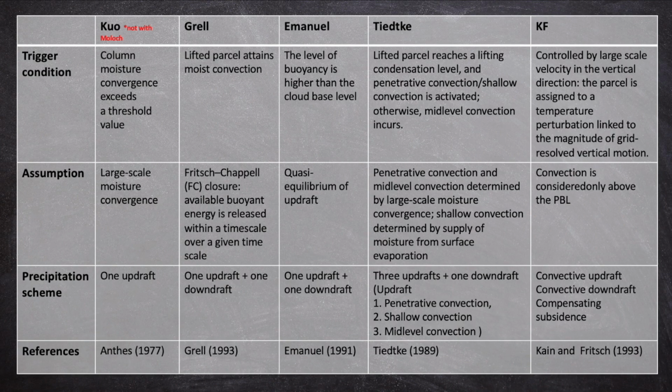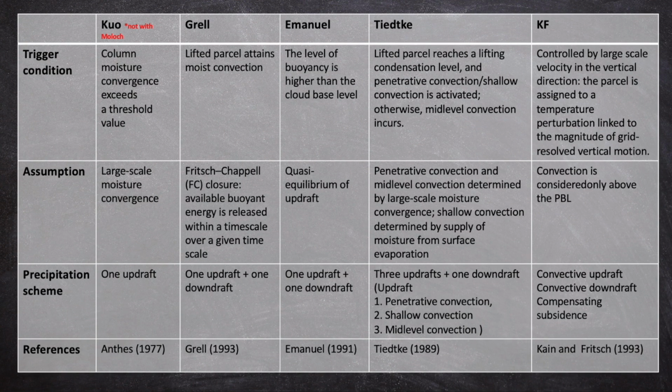Here you can see in the first row we have the trigger conditions. So for each scheme, what is the situation that activates the convection? And then you can see the different assumptions made by the scheme. I will not go into the details, but you have the slides so you can further explore the table whenever you want. If we had to summarize the schemes, we could say that QO, for example, initiates the convective